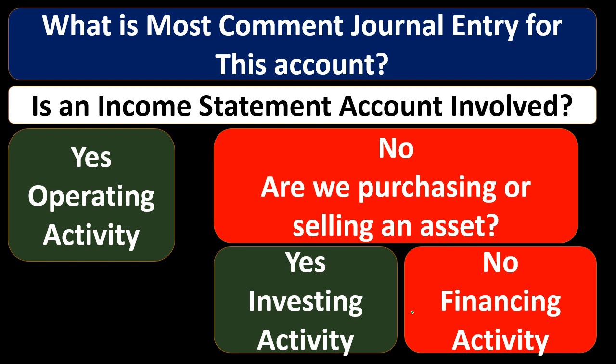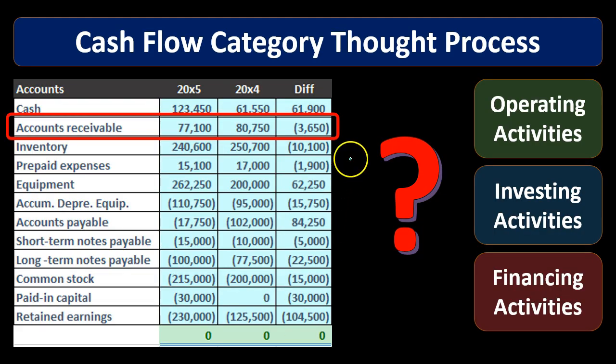So that's typically going to be something that deals with cash and some type of liability or the equity section. So this is going to be our thought process. If we go through each of those line items and think about each account on the balance sheet, and then try to go through this thought process and think, okay, which category are we going to be putting this change to? Now, this looks a little less intuitive than we might think at first glance here, because note